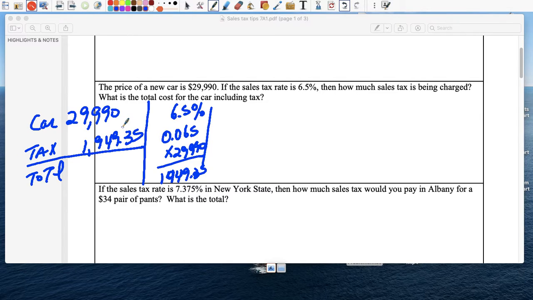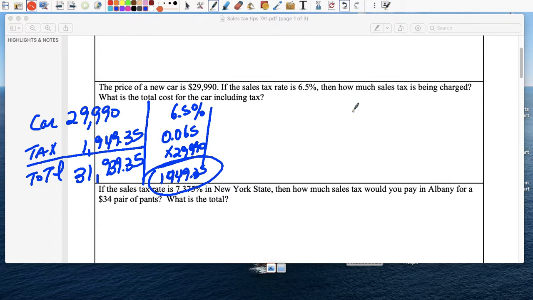So that's how much in tax you would pay, $1,949.35. And if I add that to the value of the car, 29,990, I end up paying a grand total of $31,939.35. Now again, they asked you for how much the tax. So this is a two-part question. How much is the tax? You would say that's the tax right here. But again, if you're not interested in knowing how much the actual tax is,